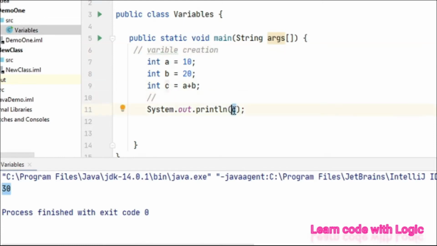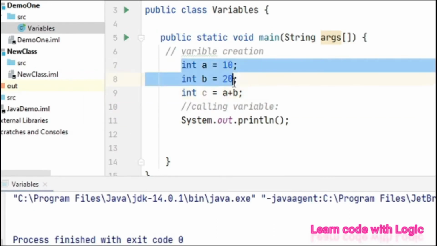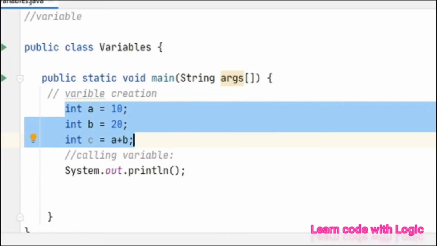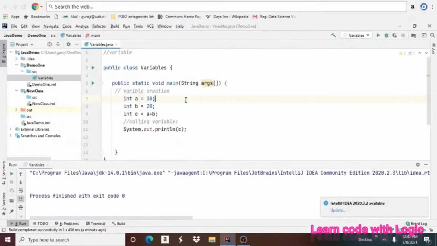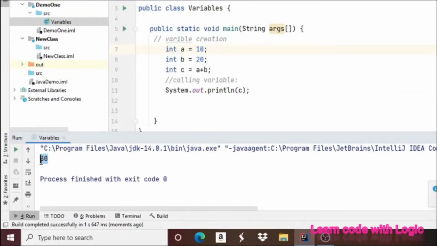Can anyone guess what is this c? Because this is the variable creation. This one is calling a variable. Suppose if you are not giving anything here, the code compiles and runs, but there is no output here. Even though you are doing all math calculations here, if you are not calling anything, it's not going to give the answer. So you have to understand how to call anything we created earlier, means methods, variables, etc. Now I am saving the code again. If you print, again you will see 30 here.